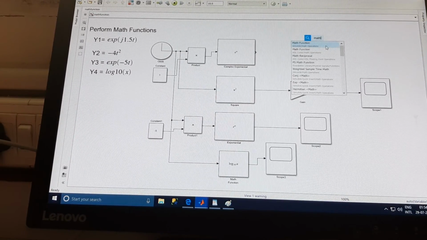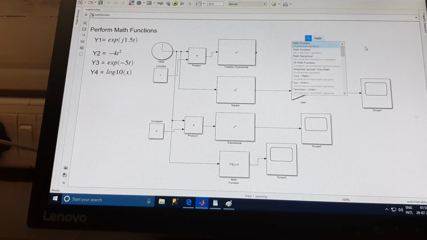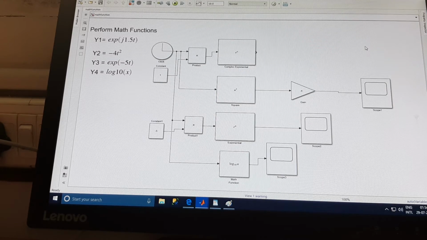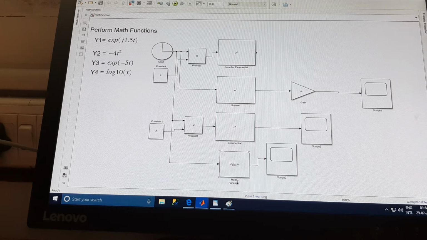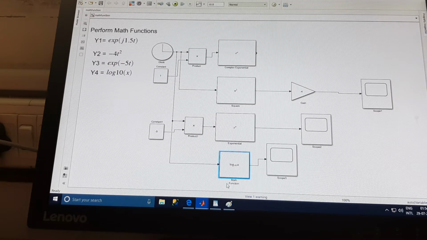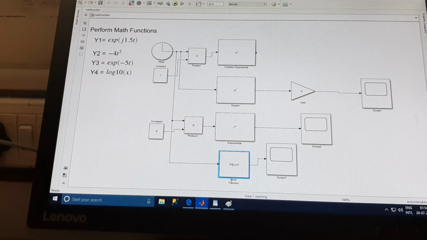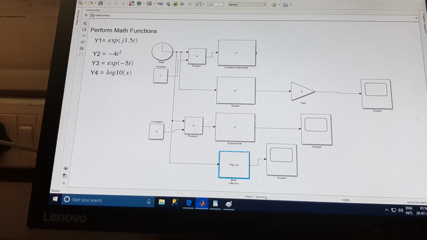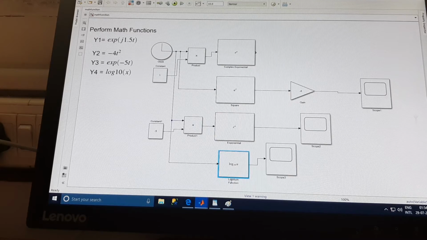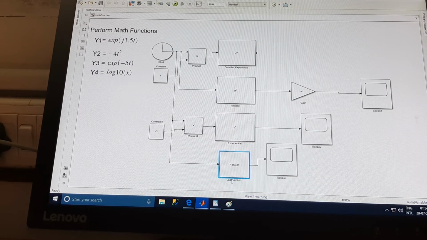If you need it, click on it. If you don't need it, then click somewhere on the unoccupied area of the block diagram. Now, if you want to change the name of this block, then press the left mouse button on the block name and then type log, because we want this block to perform the log function.